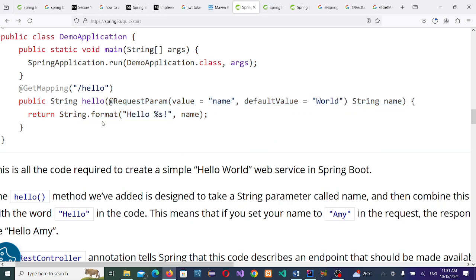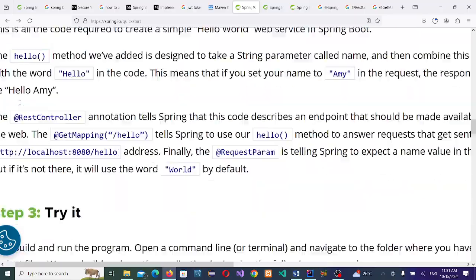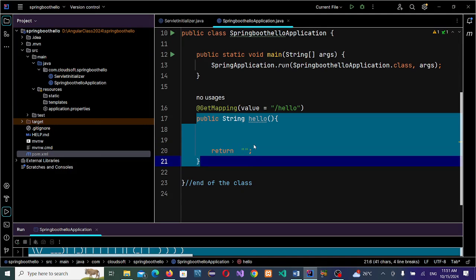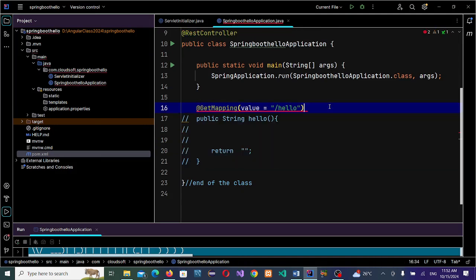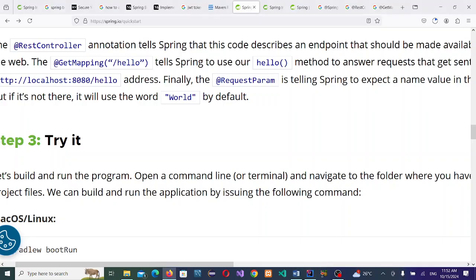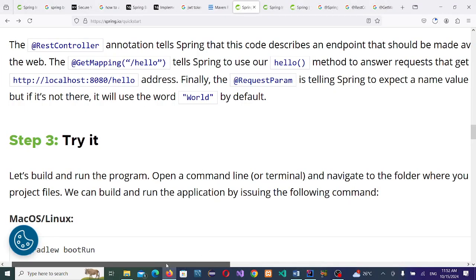Then I said we are going to return something. It returns the name. Okay, but with a formatted something. It is being formatted. It will say hello and your name. Hello, whatever name you have. So name is the parameter written. Of course, you're going to see some kind of changes in the way you've been writing Java. Let me comment this and I'll paste this one here. Okay. So now